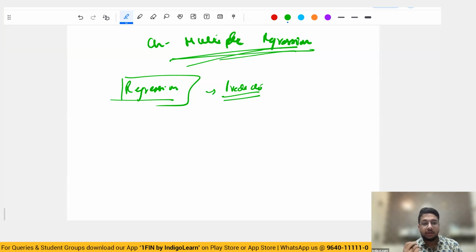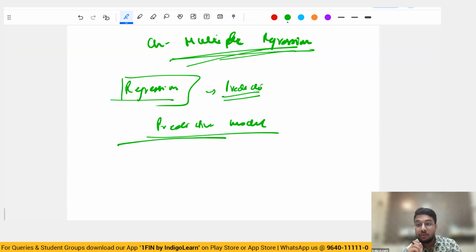Or let's say one of my friends works at Reliance. Now, they build predictive models to make a prediction on the future prices of crude oil, so that Reliance can accordingly take a position in the market, right? So regression as a concept has overarching